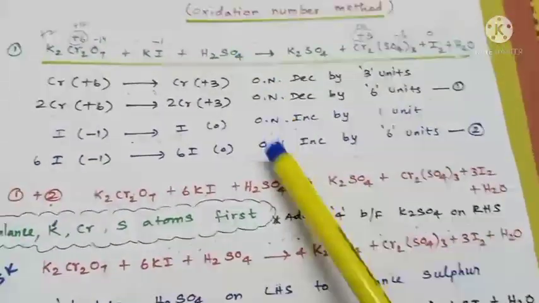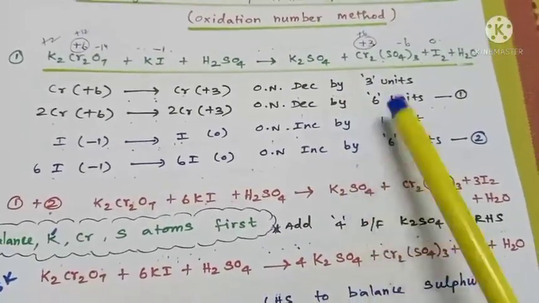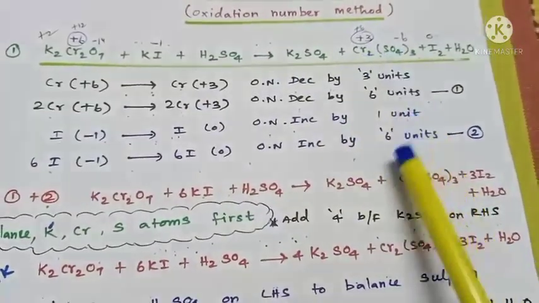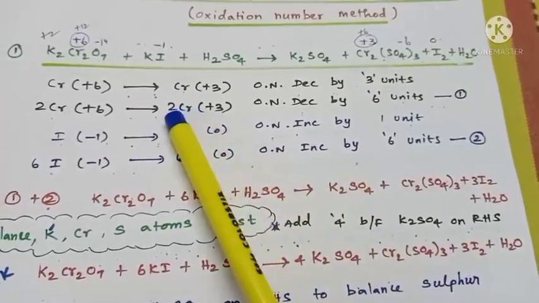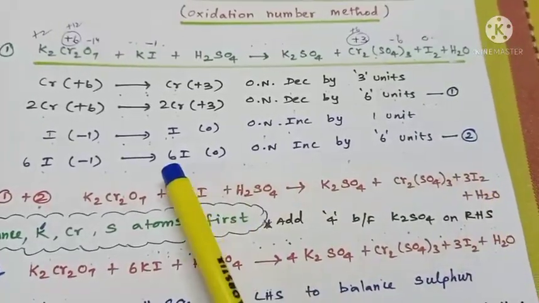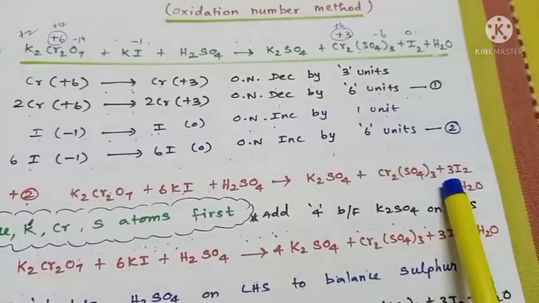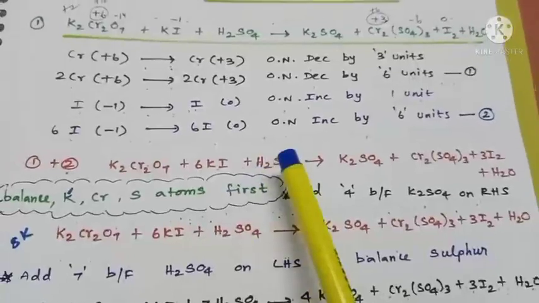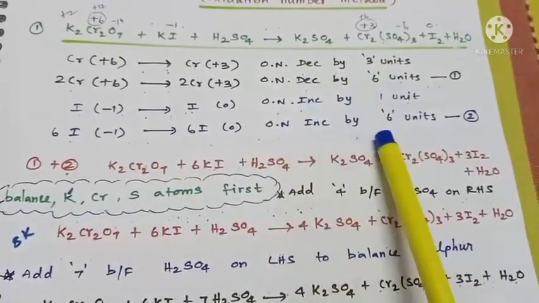Plus the extra compound sulfuric acid, I bring it down. Gives, this is the extra compound on the right side, plus first equation right side 2Cr. So I write in this format, Cr2(SO4)3. So chromium is balanced here, 2Cr, and in the balanced equation also 2Cr. Then I2, but second equation right side 6I are there, but original equation has I2, so let me write it as 3I2, so 6I, plus the extra substance H2O. But now this is the equation in which oxidation number decrease and oxidation number increase are equal.